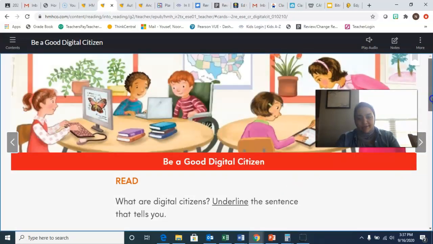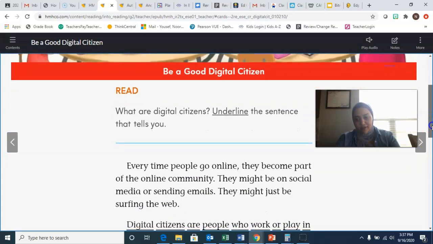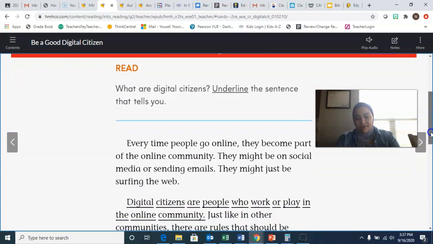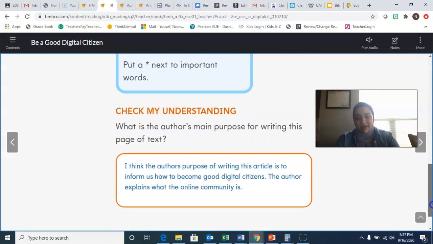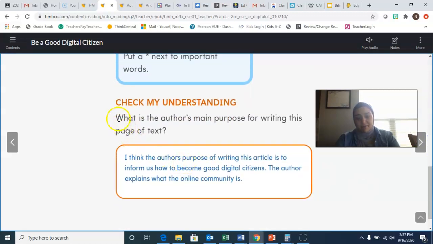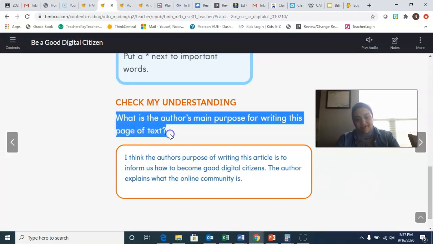I want you to do this on your own on HMH, okay? If you for some reason can't get on HMH and you can't do this, then that's okay. Do it on a piece of paper. But if you do it on a piece of paper, you're going to have to write more. You're going to have to rewrite this question. Okay? And then you're going to go ahead and write what I typed here.